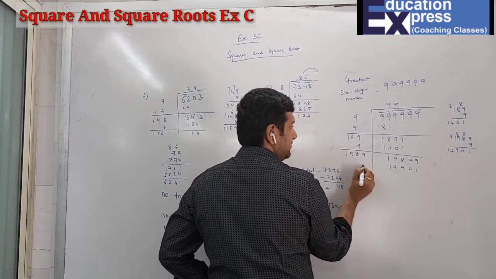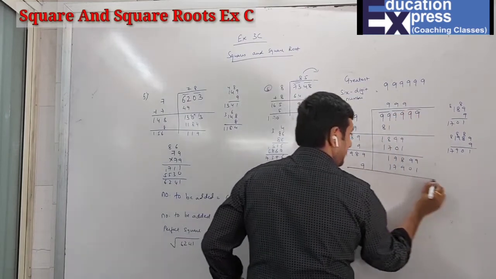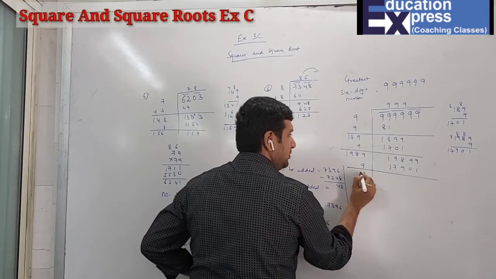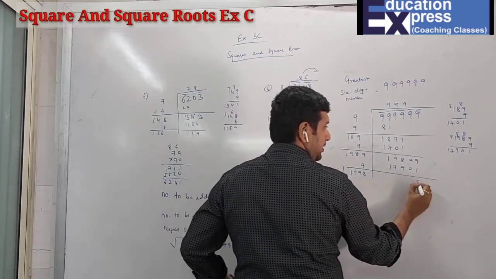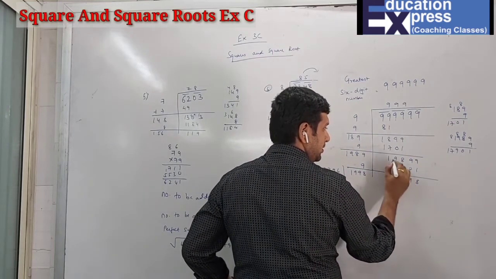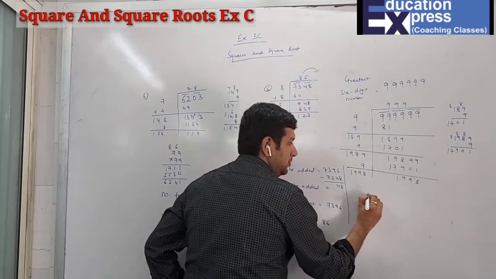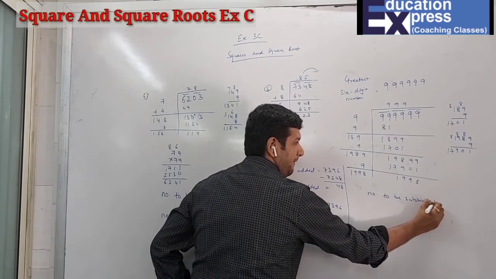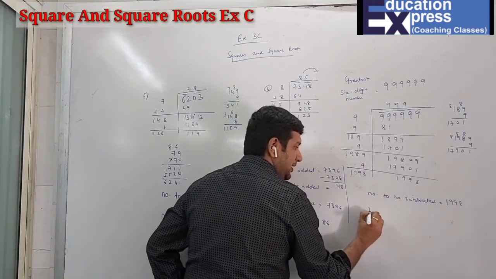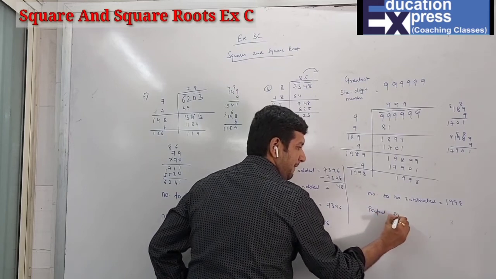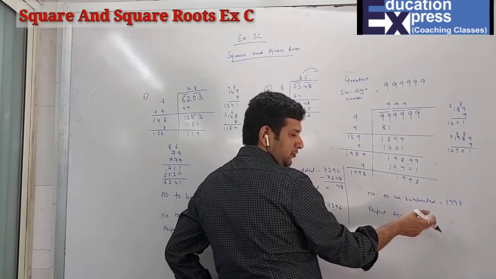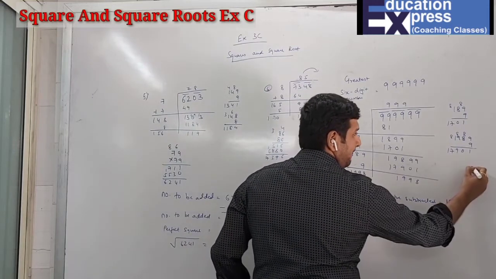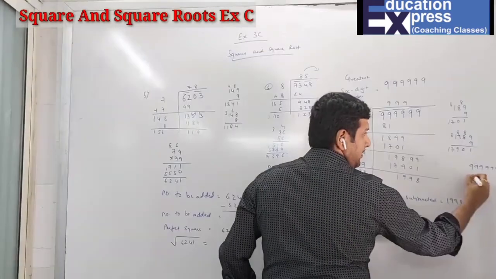How much are 9s? 9981. And here 8 9. So now the number to be subtracted will be 1998, and the perfect square, you don't have to show this obviously, because they don't ask. They don't ask the perfect square root. So the perfect square will be 999 minus 1998.